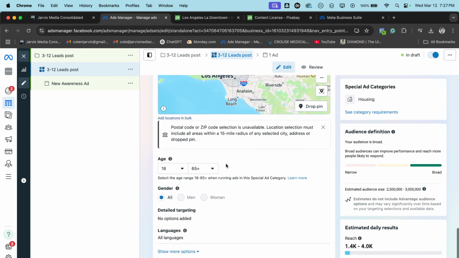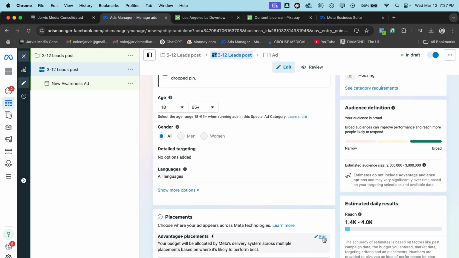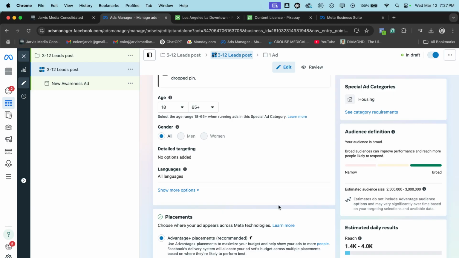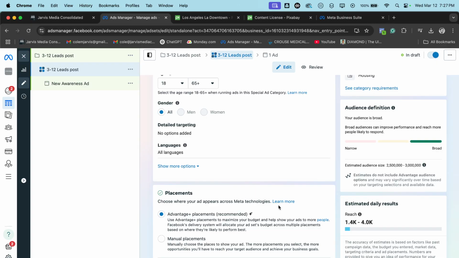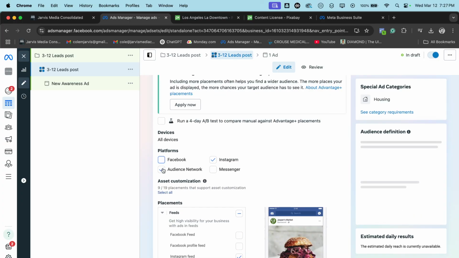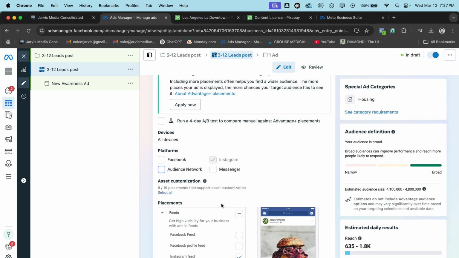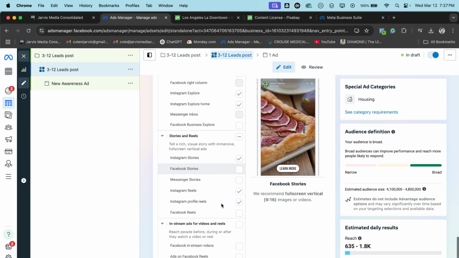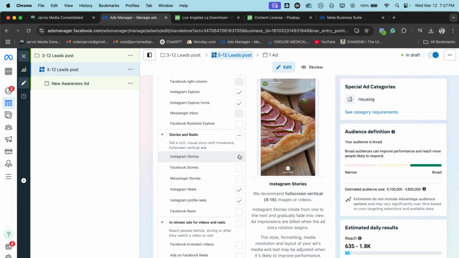But once we have it there, this is an important step. We do want to change our placements because if we're trying to get more views on our videos, we want to be able to track that. And yes, we can track it in the complicated insight system that we have on Meta Business Suite or on Ads Manager, but it's easier just to be able to track it on our page. So let's say we're optimizing, we just want to get more Instagram videos. We want to have our placements be manual placements. And then we want to unclick Facebook, Audience Network, and anything else. And we just want to go to the sections where we're going to be able to count this for a